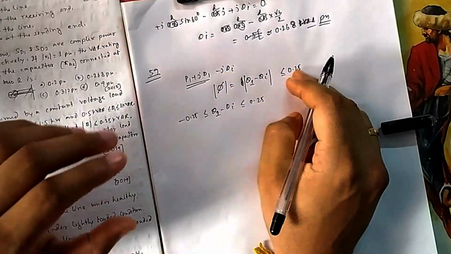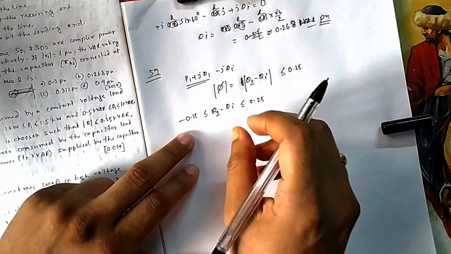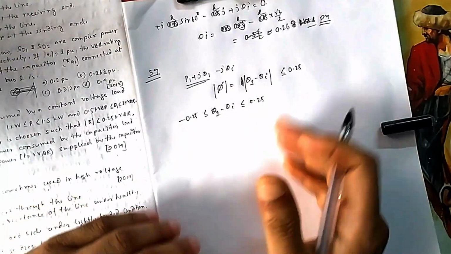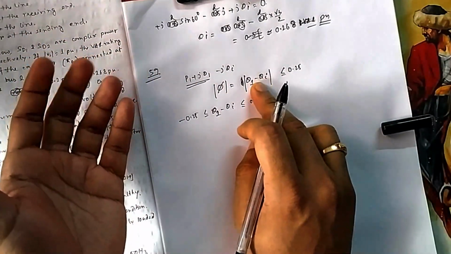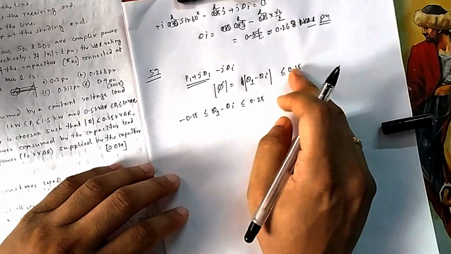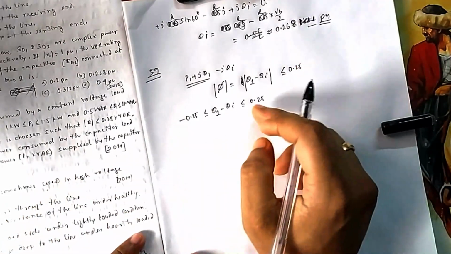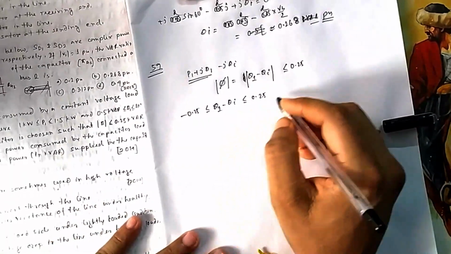If I say anything is less than 2, that means the answer should be in between minus 2 and 2. You take any value, its absolute value is always less than 2. You cannot go beyond minus 2, because if you go beyond, it can be minus 3, and if you take the mod, it will be greater than 2. I am taking 2 as an example. So this should lie between these two, which means it will create two equations for you.